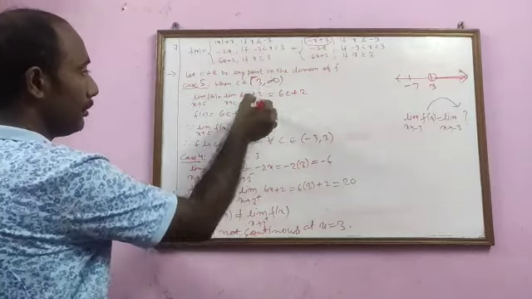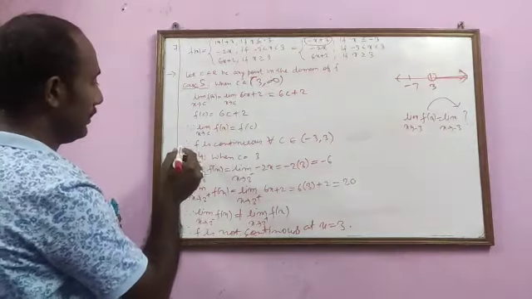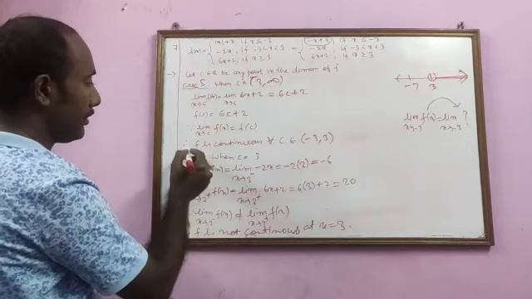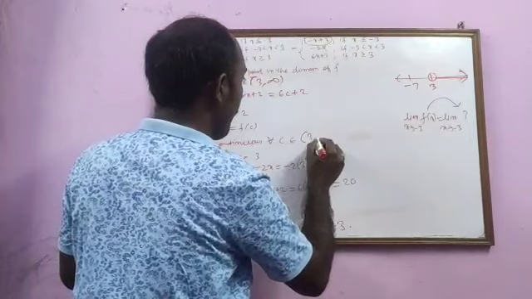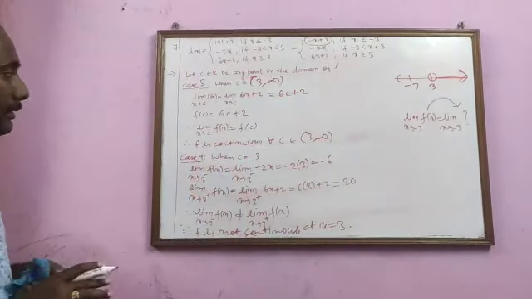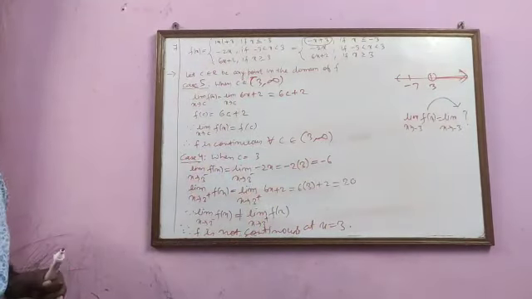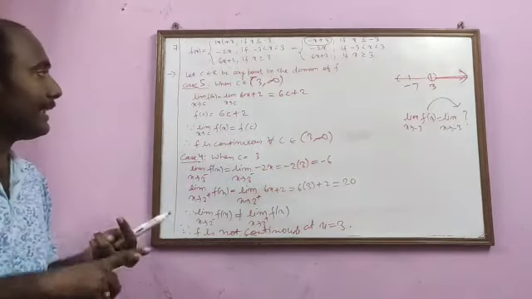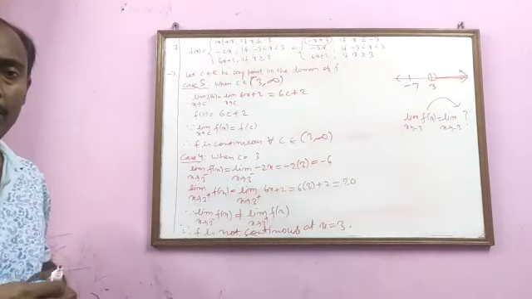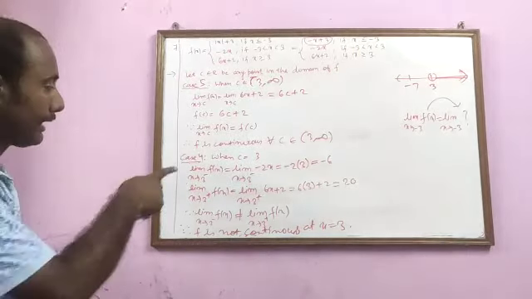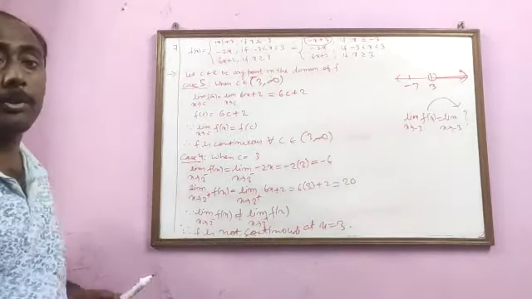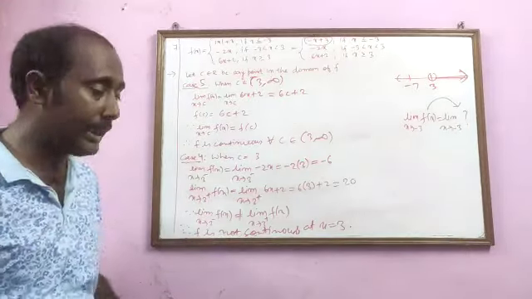These are equal, both are equal. So f is continuous for all c belongs to 3 to infinity. So this will be your case 5. So case 1, case 3, case 5, there will be no problem in writing. You have to just focus on case 2 and the case 4 part, where you have to introduce the left hand limit and the right hand limit part.